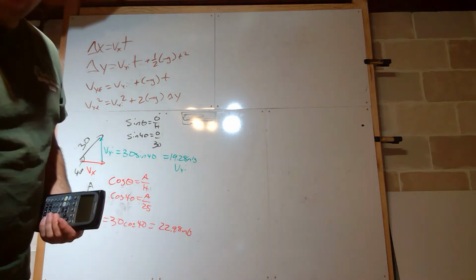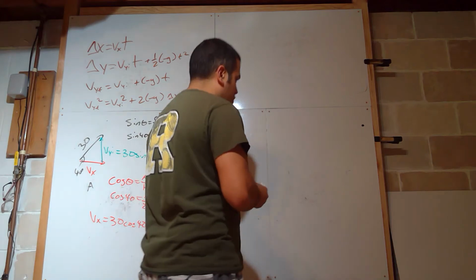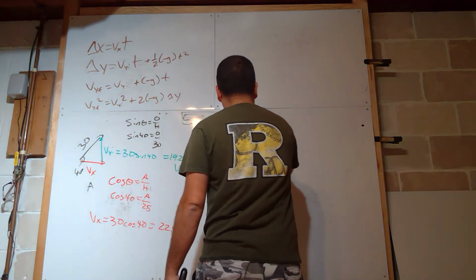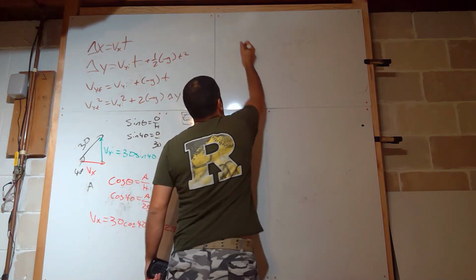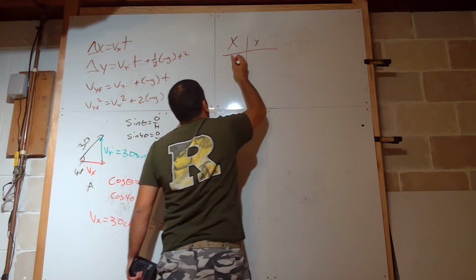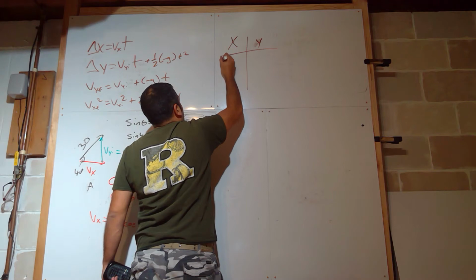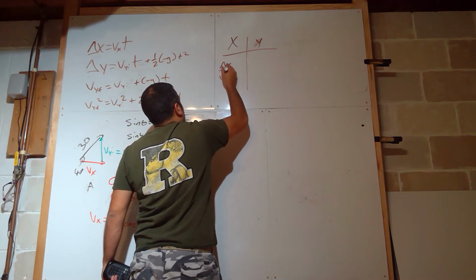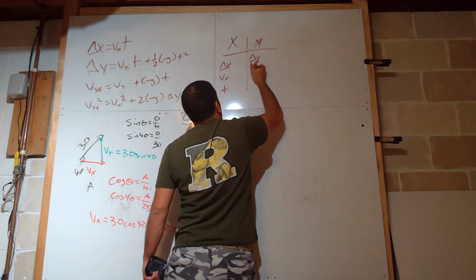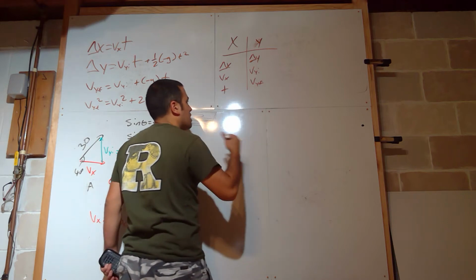And what you're always going to want to do is make a table to see what you have and keep track of everything. So we'll do that. In fact, some people like to do it with the x direction and the y direction separately. So in the x direction, we have delta x, we have vx and t. And then for the y direction, we would have delta y, vyi, vyf. You don't have to write t again because that appears in both